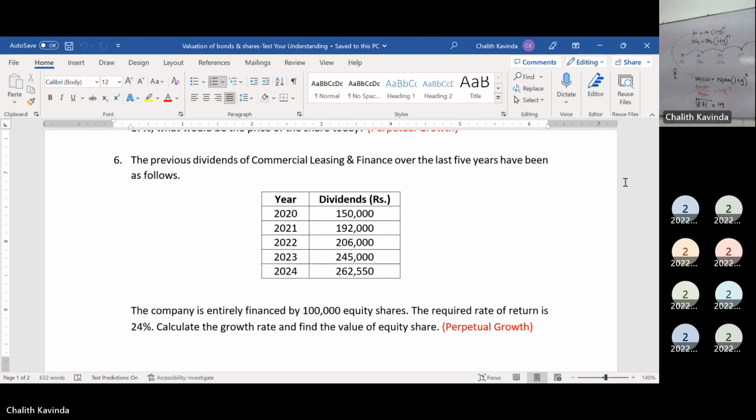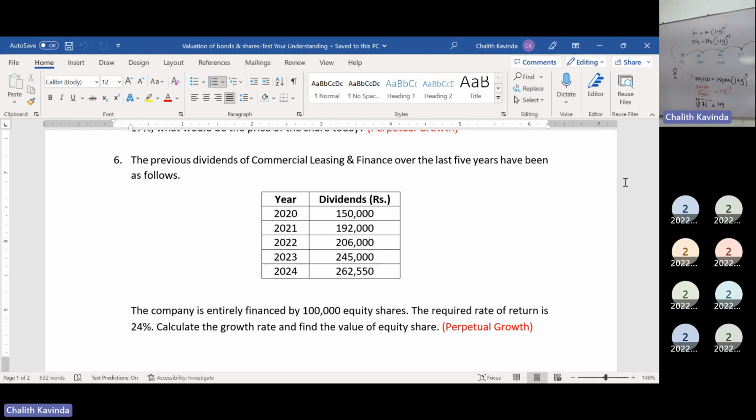Okay, fine. So this is the growth rate. It's nearly 15.028083, something around. Then, listen, now you have calculated the growth rate of the dividend. Then what we have to do is calculate the price of the share. Now little by little we are coming to this point.